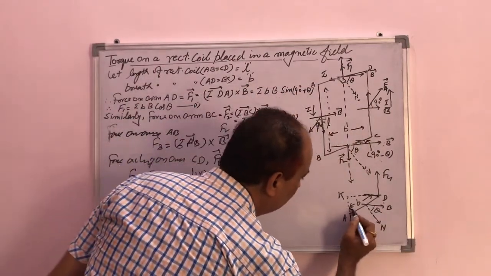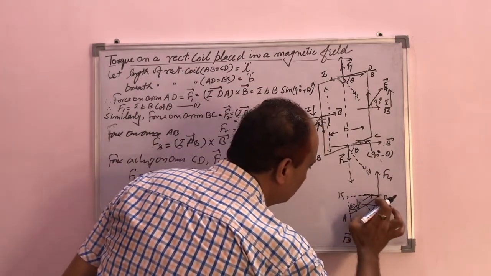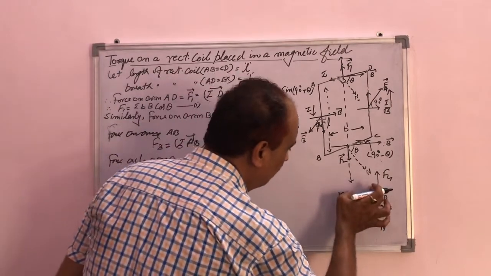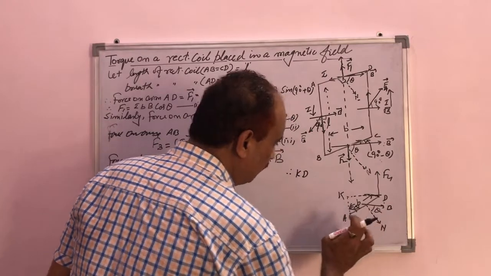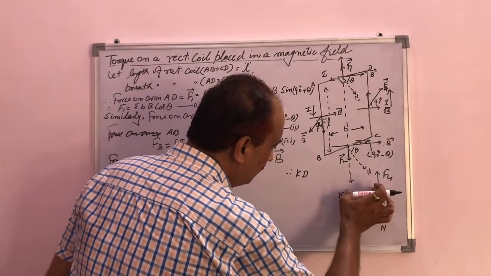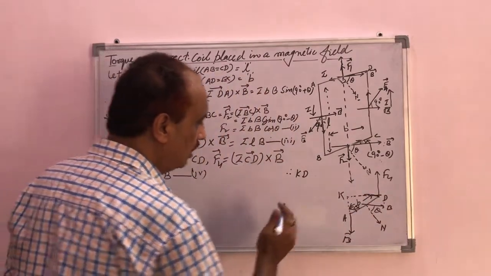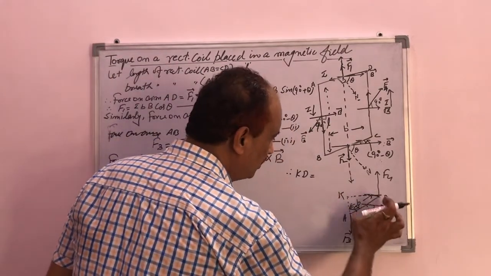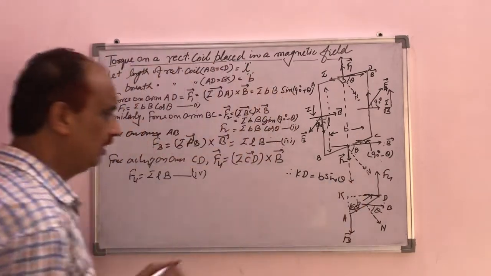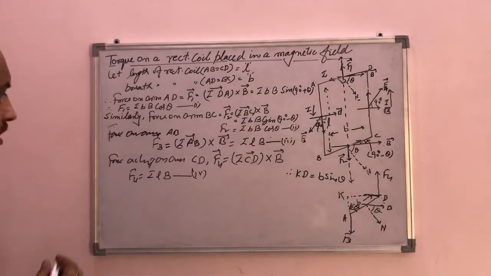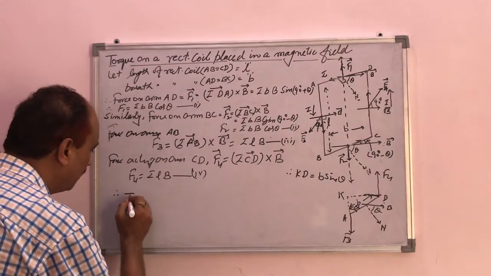So in that triangle, this angle will be equal to theta, and in terms of the breadth B, we can find the perpendicular distance KD. The perpendicular distance KD is perpendicular upon hypotenuse, KD upon AD equals sine theta. So KD equals AD sine theta. AD means B, so it is equal to B sine theta. This is the perpendicular distance between these two forces. So we can find out how much torque is acting. Torque is denoted by tau.